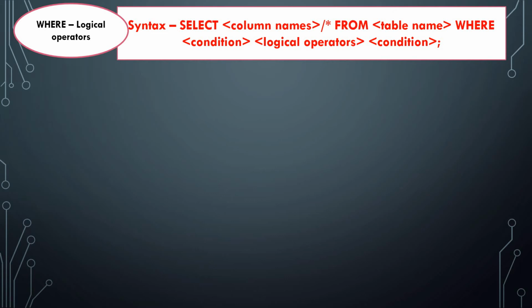Where we were using arithmetic and relational operators, now we have to use logical operators. First give one condition, then you have to give another condition. Always remember this thing: you have to give conditions both times. You can't give column names. You have to give conditions.